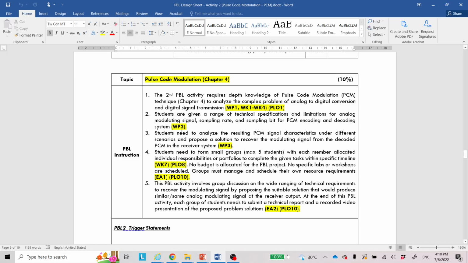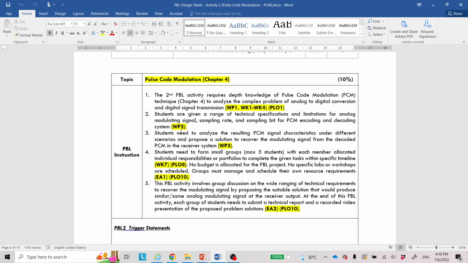Okay, so actually there's involved generating the PCM signal. In order to generate the PCM signal, we need to do the sampling, we need to do the quantization, and then we need to do the encoding process, the formatting process,